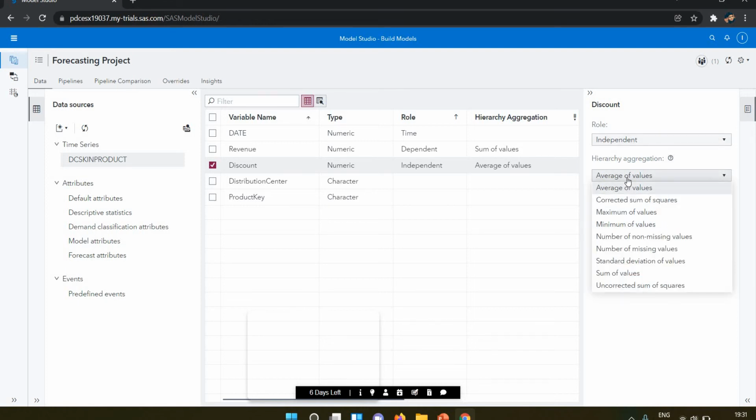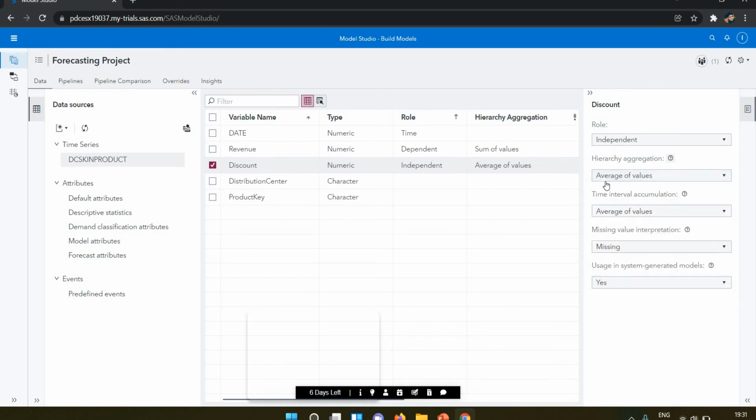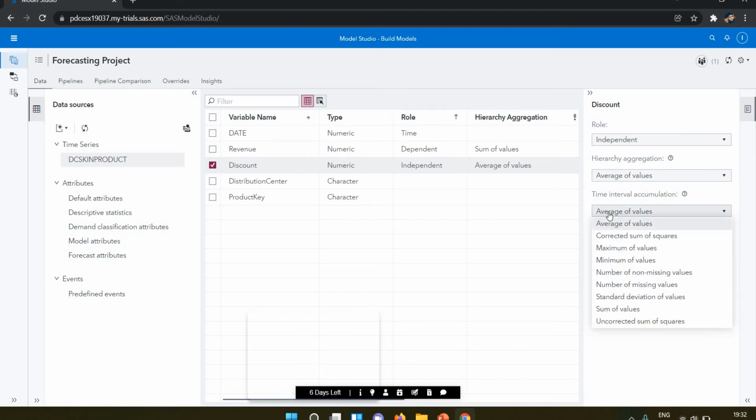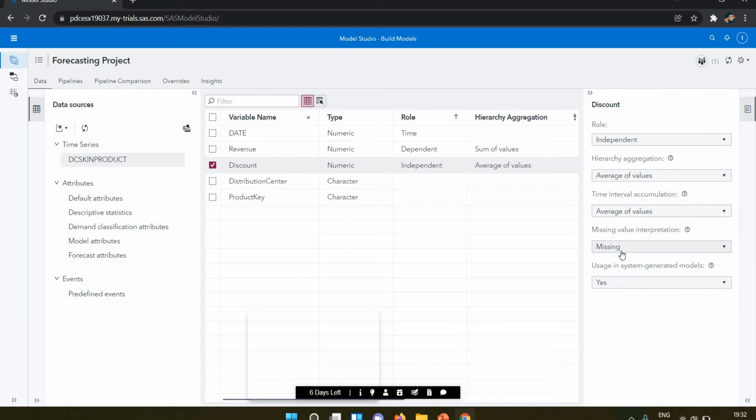If you want something else, there is sum of value, maximum value, minimum value, corrected sum of squares. So you can change it, but I leave it as average of values. Now we have the time interval. Accumulation will be average value, and value interpretation will be missing. Then it's generated by default. I selected all. Now I'm going into the pipeline.